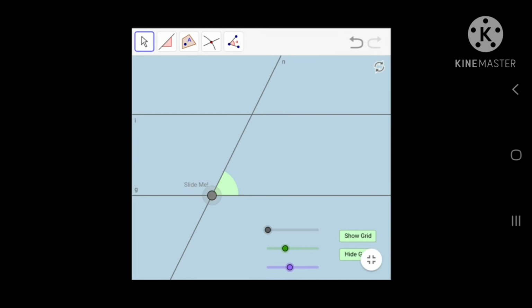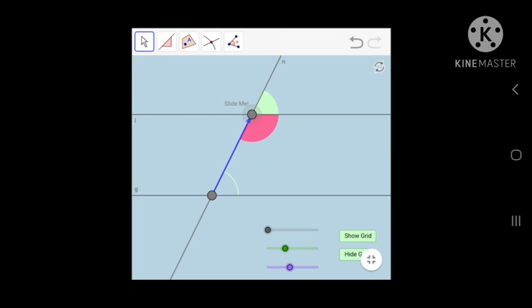Now let's take a quick investigation for the angles on the same side of the transversal in the interior. So these are the co-interior angles we will be considering now. Just mark the green angle now. See the green angle, when it goes up, that's the corresponding, and the pink one is the co-interior angle for the green one. So here you can see angles on the same side of the transversal are supplementary, because this green plus pink, as you can see, the green plus pink, they form 180 degrees.